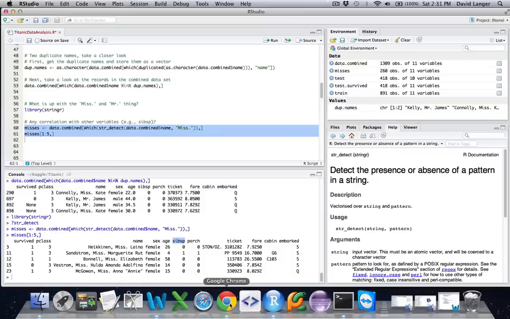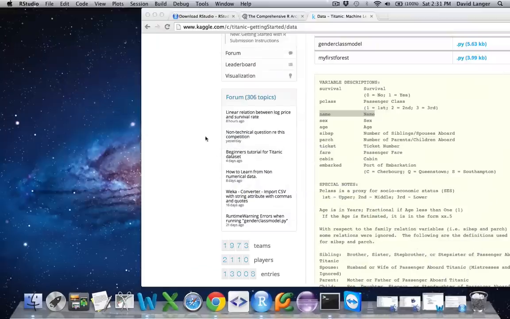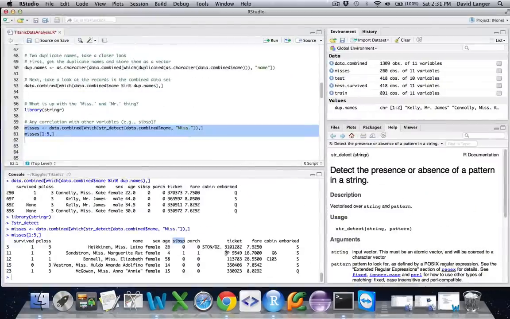So let's take a look at the metadata for SibSp and see what Kaggle has to say. So SibSp denotes the number of siblings or spouses on board. Okay, interesting. Now we'll notice that the only one of the 5 here that has any value here is 4 years old.